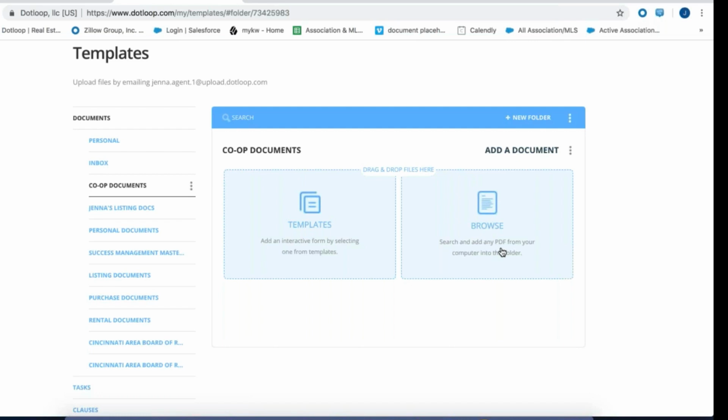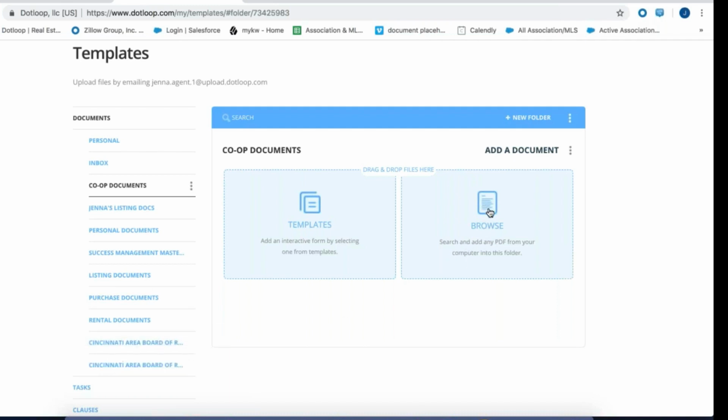So, obviously the first one we're going to want to make sure we cover, and the big one, is that contract for your state or for your board, whatever it is, your association. So for us, we're here in Cincinnati, and we want to just get that contract. I want to get that PDF version of my contract in this folder so I can get this set up. So I've downloaded from the Cincinnati Area Board of Realtors that contract for our area, and I'm going to pull